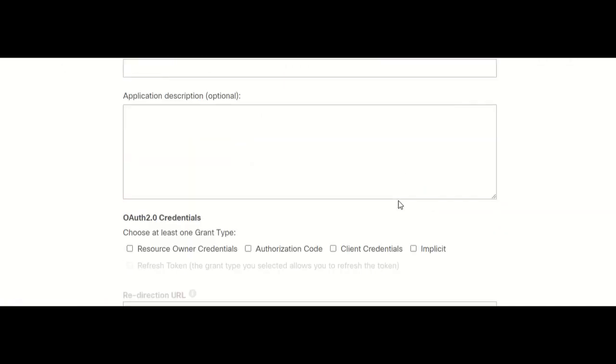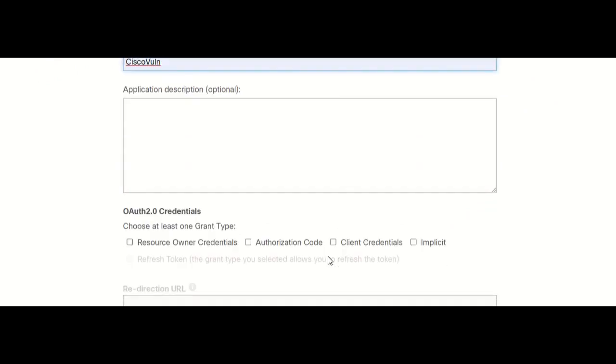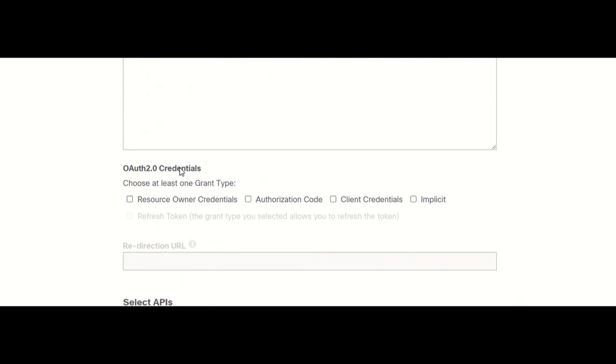and then we can fill in some information. What is the name of the application? Let's say Cisco vulnerability. This will be using OAuth 2.0 credentials, so we can choose one of these credentials. Let's go with client credentials,